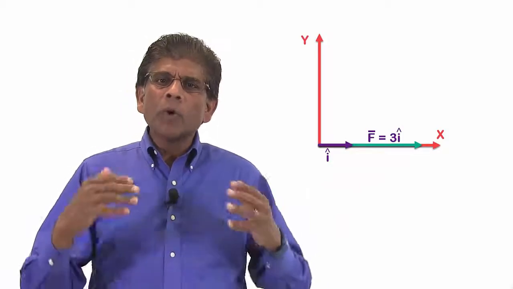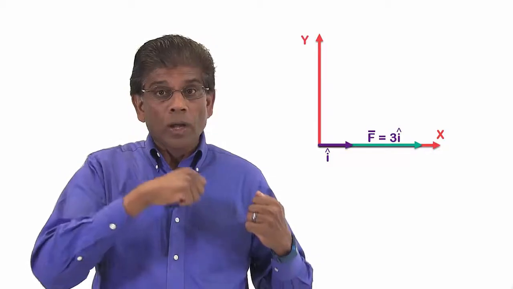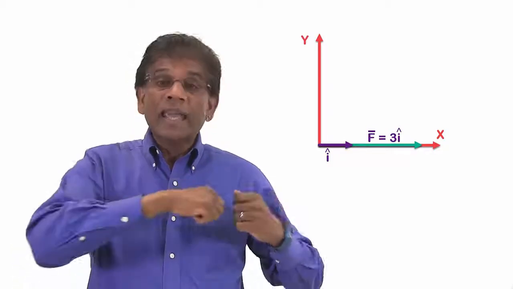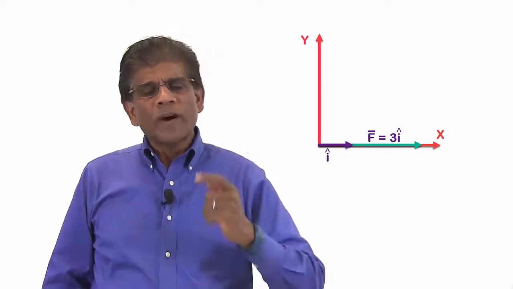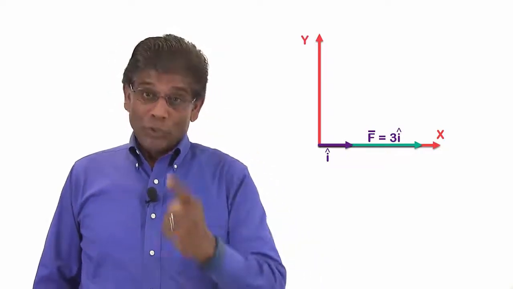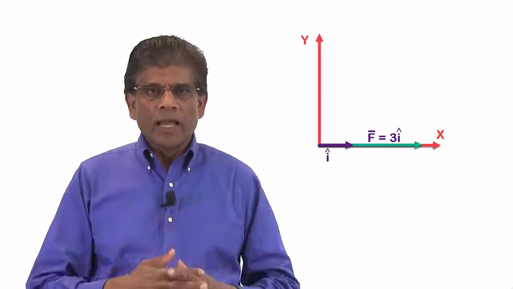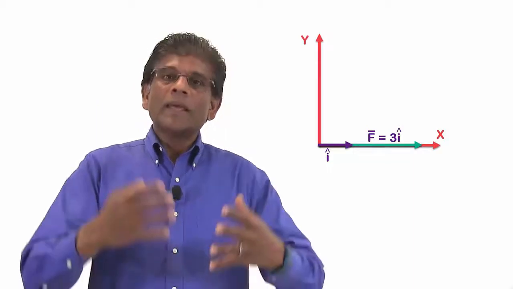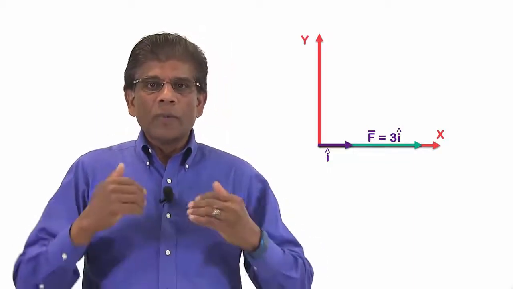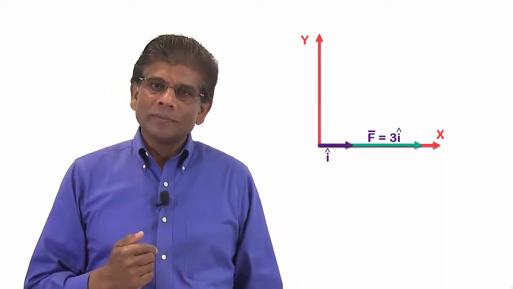Now we want to learn about other unit vectors that are not along the x or y or z axis but along any arbitrary direction. All of us know a simple truth. If you divide a number by itself, you get 1. It's like saying if I have 10 oranges and I divide it by 10, I get 1 orange. Applying the same logic, if we take a vector and divide by its magnitude, we will get a unit vector.